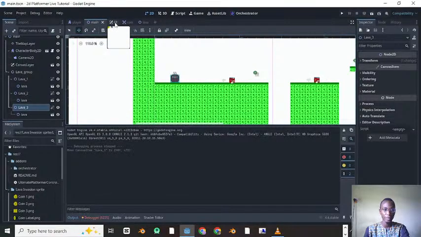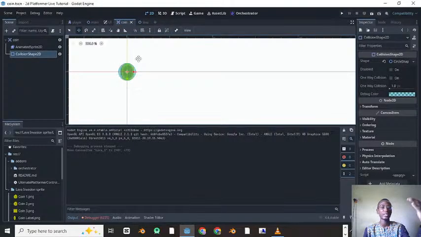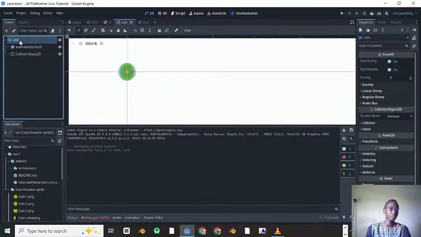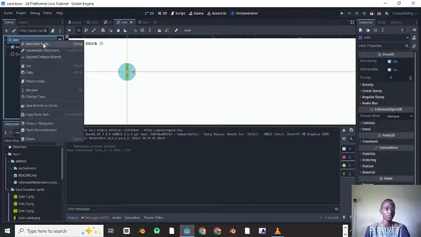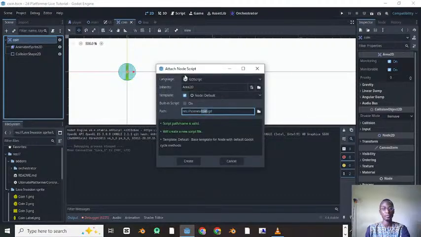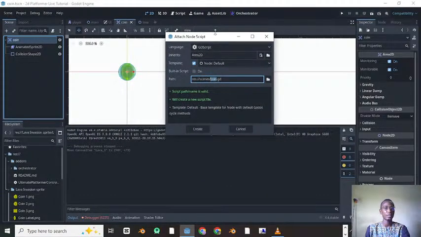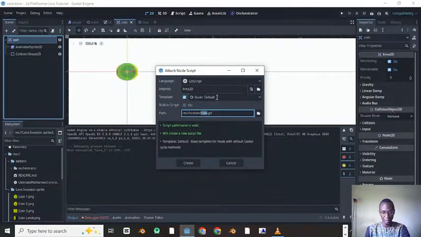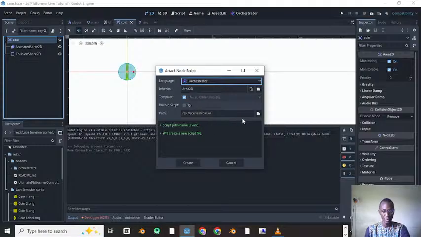So right now we're going to go back to our coin. We want whenever the player touches a coin, it's going to disappear and then it will count on the UI. That's what we want to be able to do now. So I'm going to come in here to the coin and right click, attach a script. Remember we have already added our orchestrator add-on. So I can just click on this and you see orchestrator comes up here and I can click here